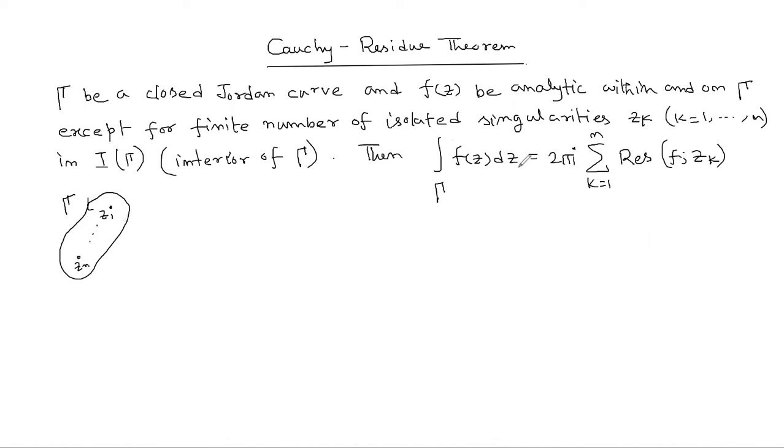So that is the restriction. So whenever the function f(z) is analytic within and on gamma except for a finite number of isolated singularities which are situated inside gamma, then we have integral over gamma f(z) dz as 2 pi i times sum of all residues. Now previously we have seen in Cauchy-Goursat theorem